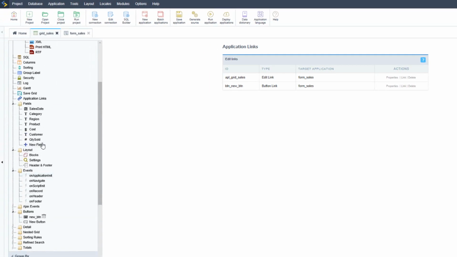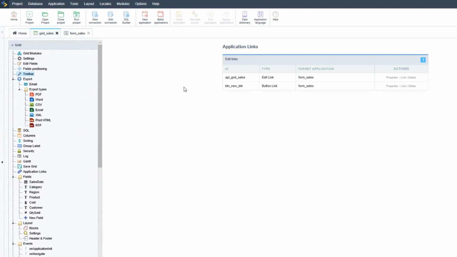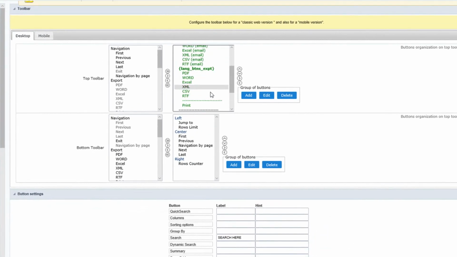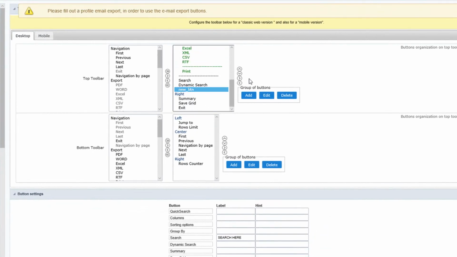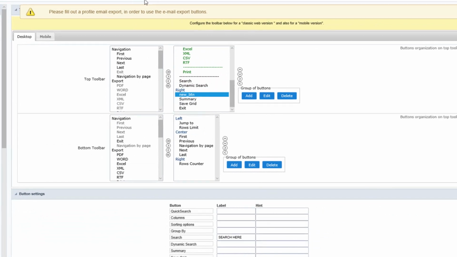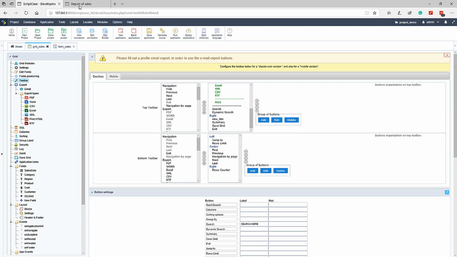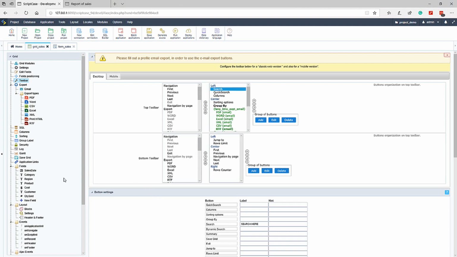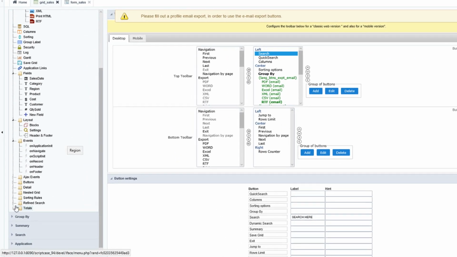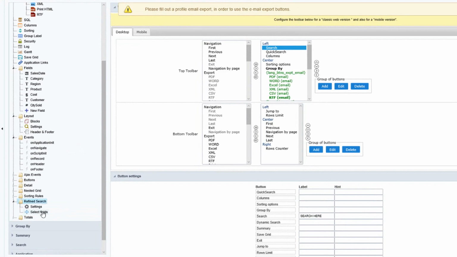We can then modify the layout of the toolbar again within our grid application and change the location of this new button and move it over to the right or to the left so that it is a little tidier than it is currently. Okay, so returning back to the grid application, we're going to make some final modifications here. So first of all, I'm going to move this search button all the way up to the left hand side here, and then we're going to go ahead and access the left menu again and go to the refine search